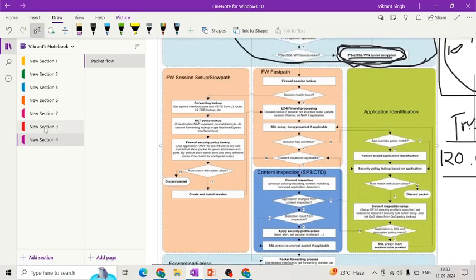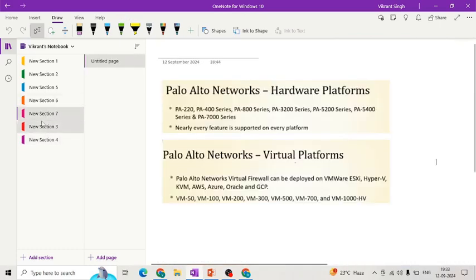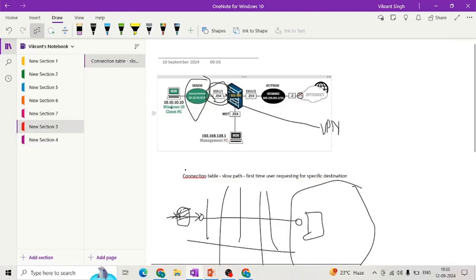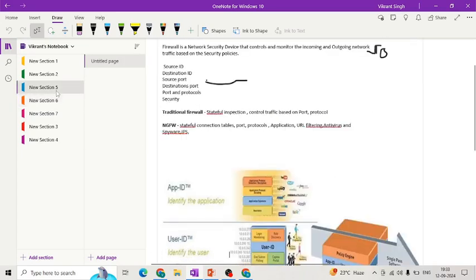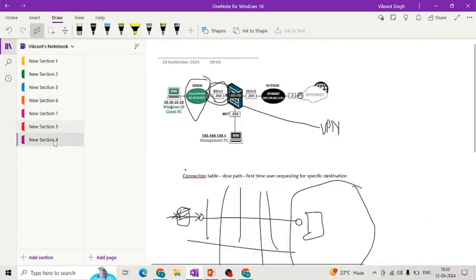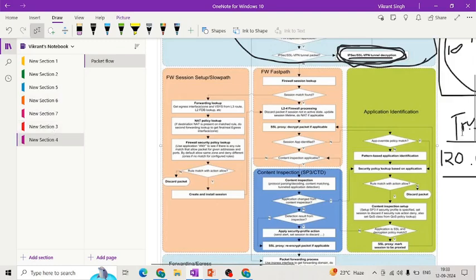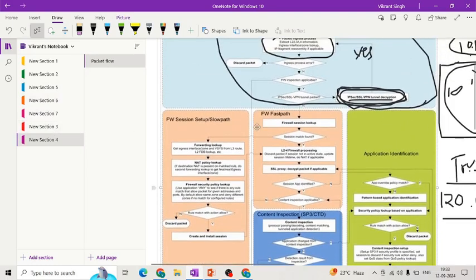Okay. So we have identified this first stage, where it is checking everything. We have done the ingress interface. Now it will go through the connection table that has been created, right? We have identified the interfaces and everything, the VPN IP interfaces. If there is a VPN device in between, we have identified that. Now it will go to the